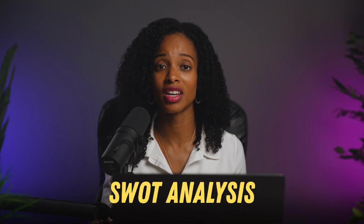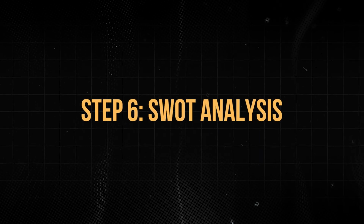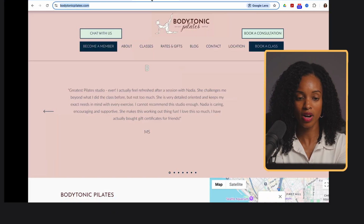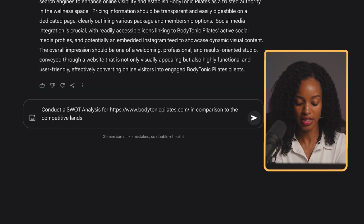In step 6, we're going to combine everything that we've learned into a powerful SWOT analysis: strengths, weaknesses, opportunities, and our threats. This is where we bring it all together for a strategic overview. So here's the prompt that we're going to use. Conduct a SWOT analysis for, get our URL again, Body Pilates, in comparison to the competitive landscape you've identified, the